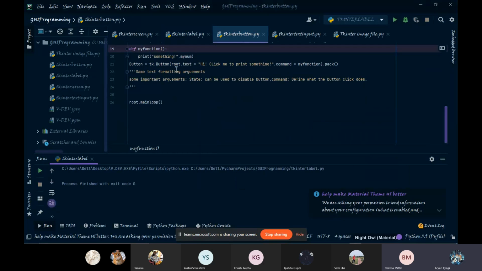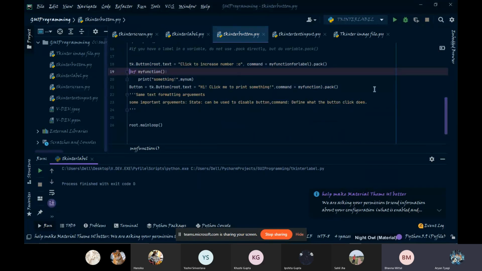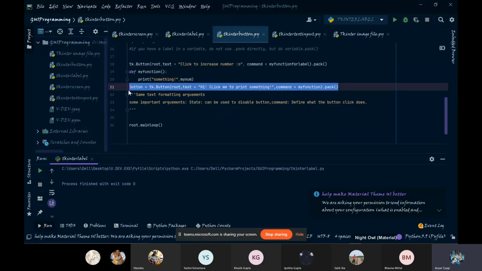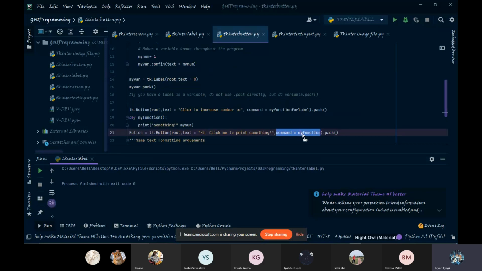The command to get a button is: you can again use a variable, tk.Button with a capital B. root would be the window name, and text is what you want to display on the button. For example, if I have a button here, the text is tk enter text input.py, so that's the text for the button. Then we have a command. The command is what actually happens when you click on the button. This is where you need to provide the function. The function is my_function, which we defined here.